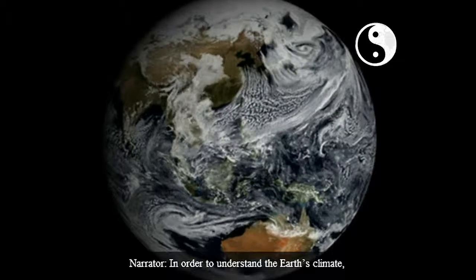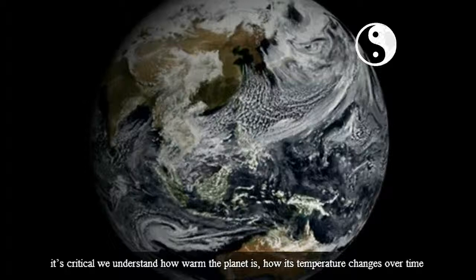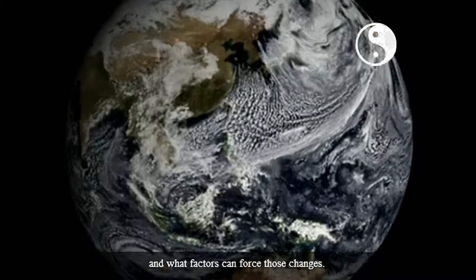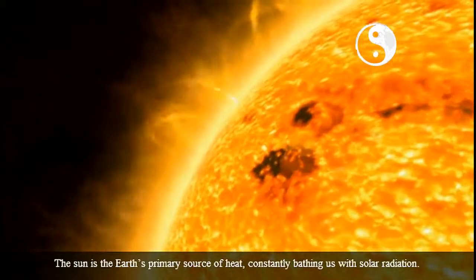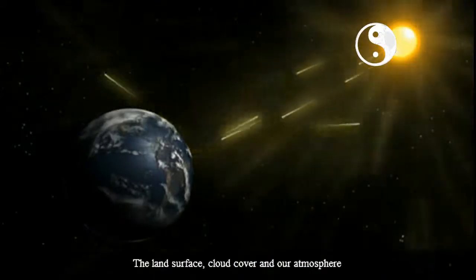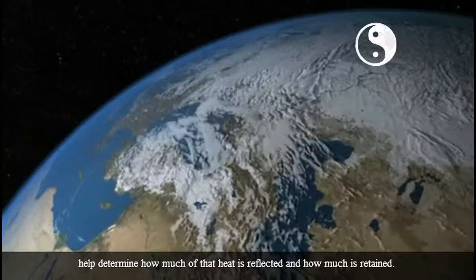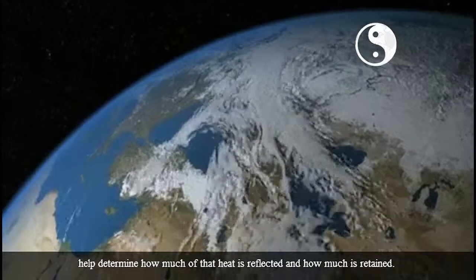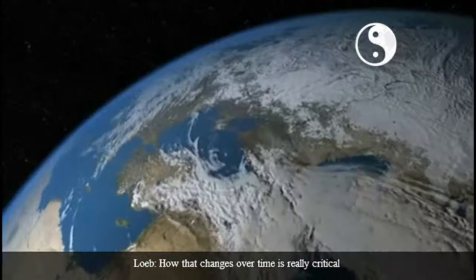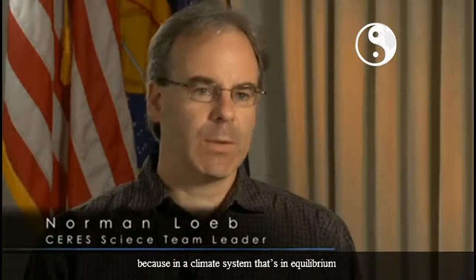In order to understand the Earth's climate, it's critical we understand how warm the planet is, how its temperature changes over time, and what factors can force those changes. The sun is the Earth's primary source of heat, constantly bathing us with solar radiation. The land surface, cloud cover, and our atmosphere help determine how much of that heat is reflected and how much is retained. How that changes over time is really critical, because in a climate system that's in equilibrium,